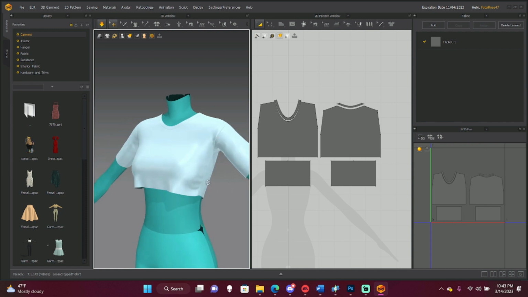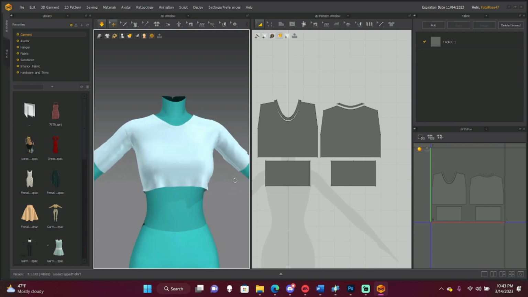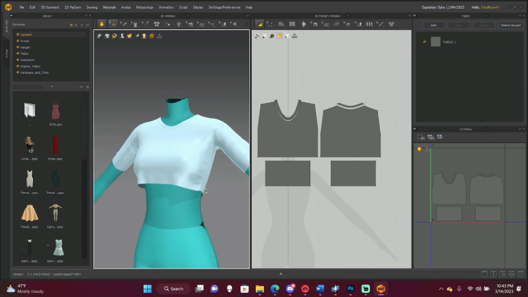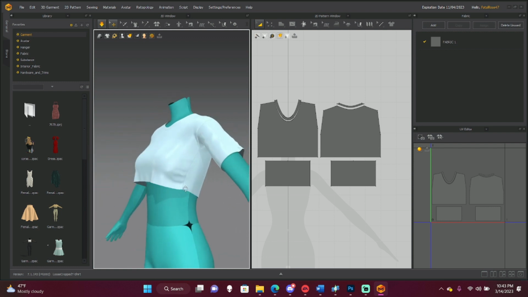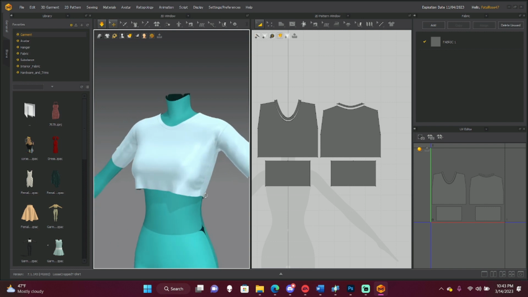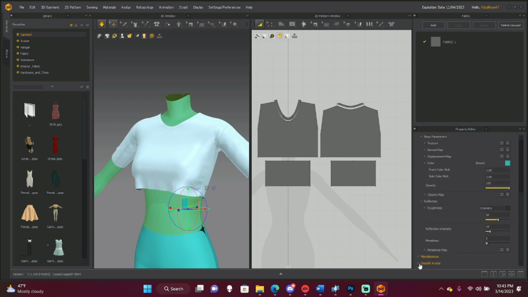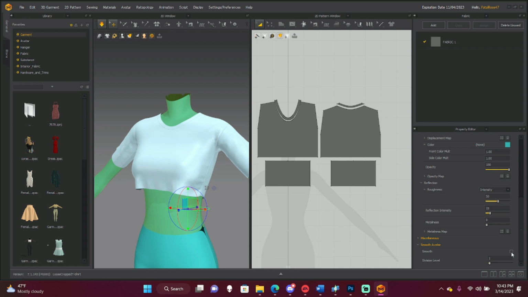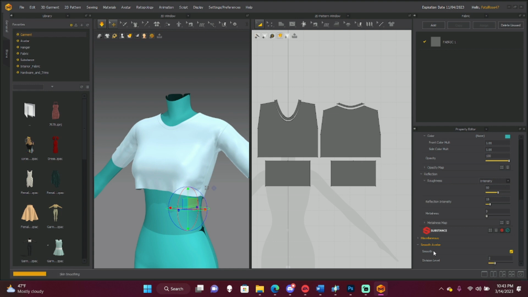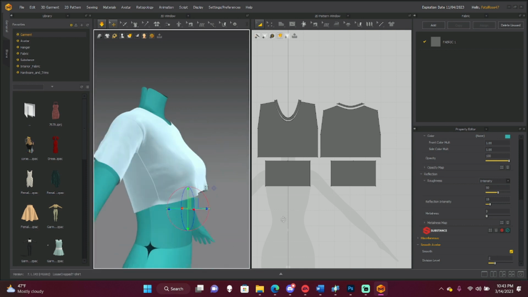So the first thing I'm going to do is, I've already made a design in Marvelous Designer, so I just want to quickly go over some things that you want to do in Marvelous Designer before you get into Blender. First, make sure that you click on your avatar, click Property Editor, then go to Smooth Avatar, click this box, and press 2. So that's what makes it look like this. I don't know why it already looks like this and it says that it doesn't, but yeah.